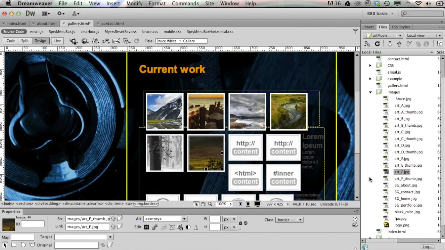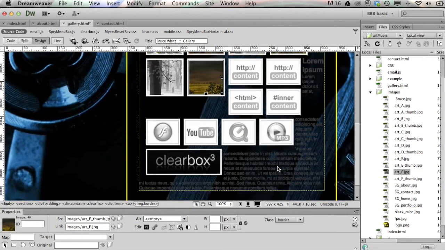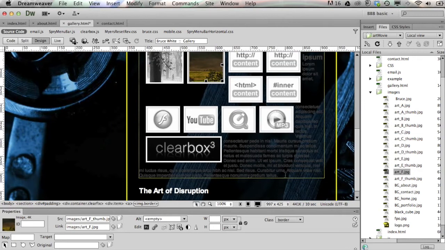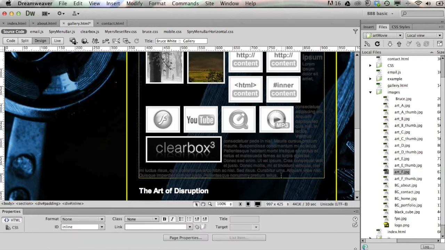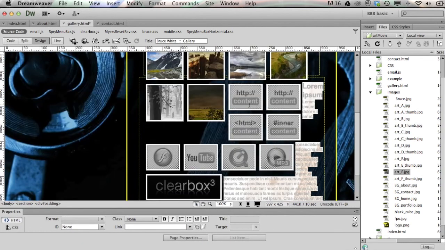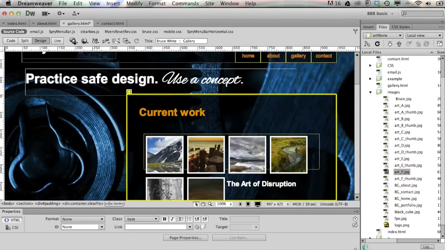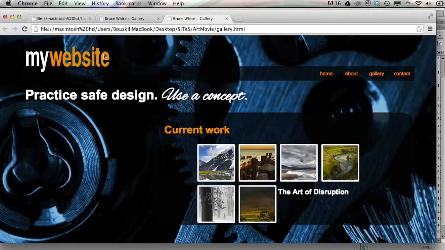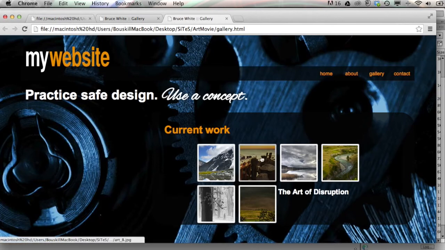Okay, the rest of this stuff I don't need. So I'm going to go down to the bottom. If you can see, there's this very light gray type in here, and I'm going to select from the end of that, holding down and clicking and dragging up so I can get rid of all this other content right here. Okay, and when I get to that point, I'm just going to hit delete. All right, so far so good. Let's save and take a look at this out in Chrome again,